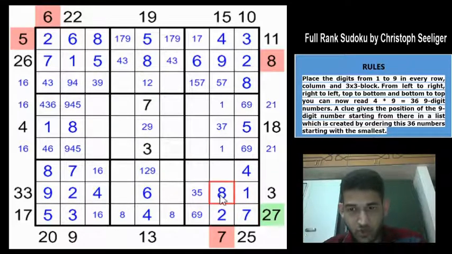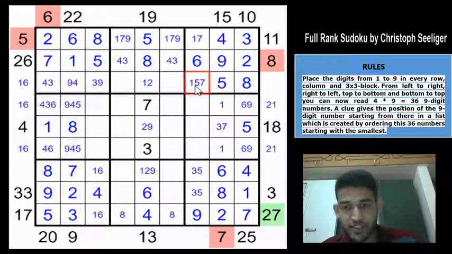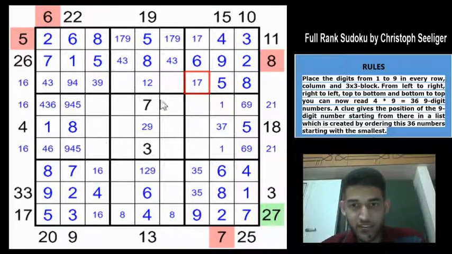1, 4, 7, 2, 8, 3, 5, 6 and 9. But 6 is here, right? So 6 would have to go here in box 9. And which means that this cell must be a 9. And this cell must be a 3 or a 5. And because of this 5, we get a 5 here. We are getting some good progress now. This must be a 1 or a 7. So using the tricks that I stated, we are getting very fast digits.